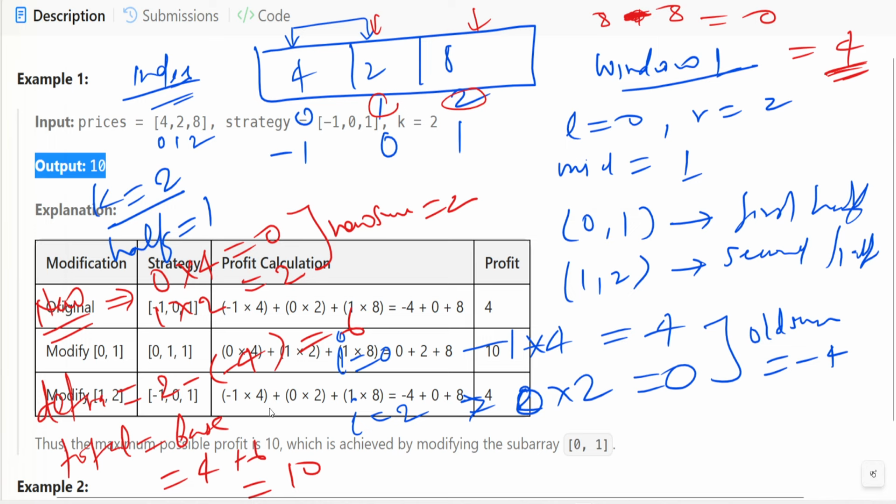If the delta is less than or equal to 0 for all the windows, do nothing, like the case we have seen for this case. But if we are finding a better value, we'll use the better value. Otherwise we'll not do anything, okay? So we just need to find the current delta. If the delta is less than or equal to 0, we'll discard this, we'll not use that, right? And we'll find the